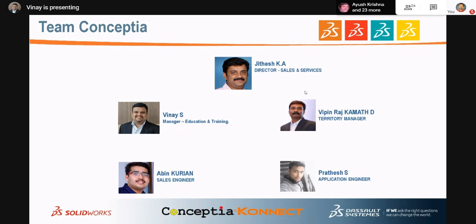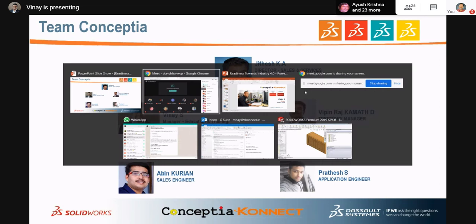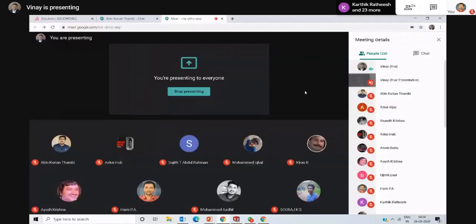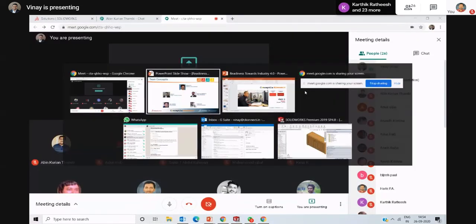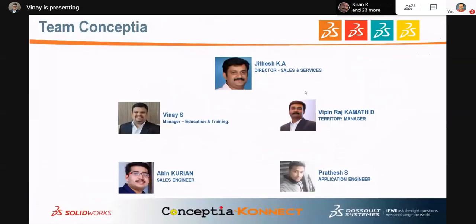I request everyone, the students, how many students are there now? We have some 20 students now. So I request all 20 students to be in touch with Ebin Kurian, because he is the one person who will get all the information from Dassault Systèmes, because he is the front end for the education business in Kerala. Every 3 months Dassault Systèmes releases design contests, or the projects you have done can be taken to an international level. Many activities they will be having for the students.